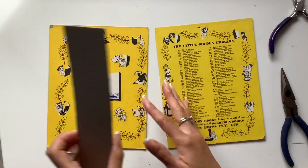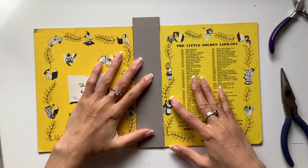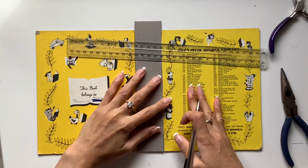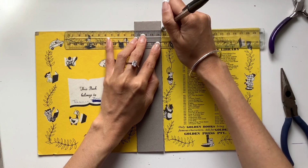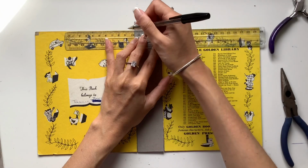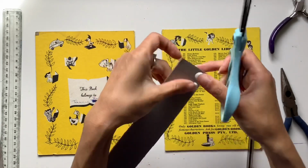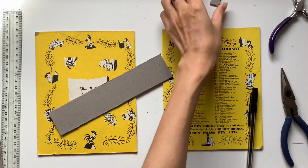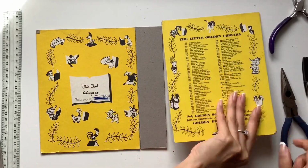The next thing I do, like I said, is measure my chipboard, and however wide you want your spine, you just measure it like that. So I'm going to grab my ruler just to cut this down. So let's go along here, like that. Now, you might have to experiment with scissors. You do need quite strong scissors to be able to cut through the thicker chipboard. And there is my beautiful